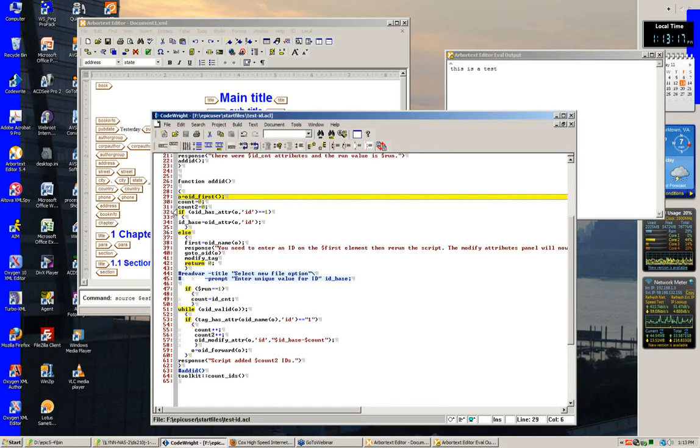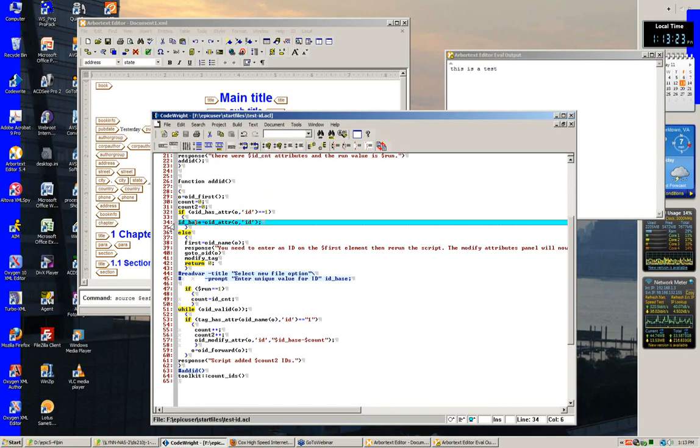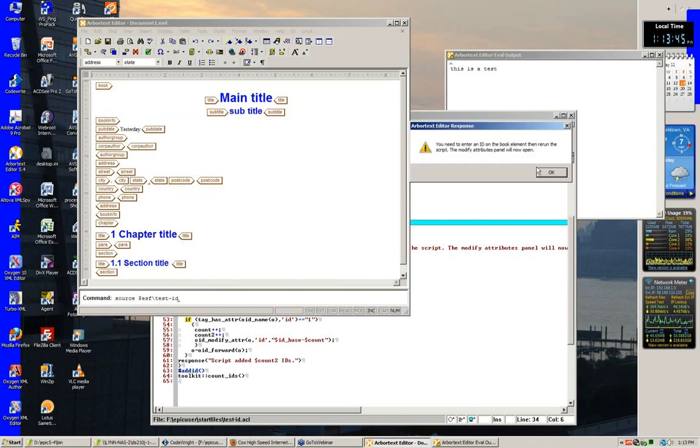I'm setting a couple of counters, and what I'm doing is establishing this value right here, ID base, a variable of the value of an attribute, the OID attribute 0 of ID. If there's anything there, it'll take that value and use it later. If not, it goes down and tells me I need to modify that attribute so I've got something to work with. So if I go back down here and click OK,